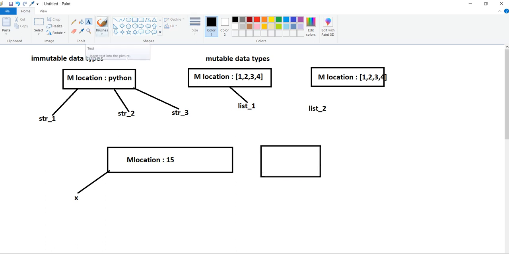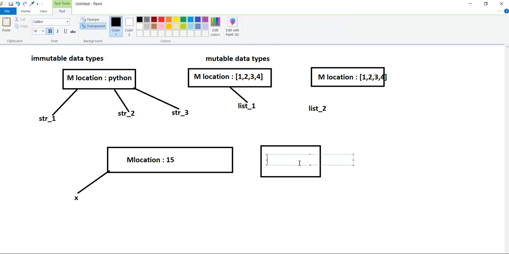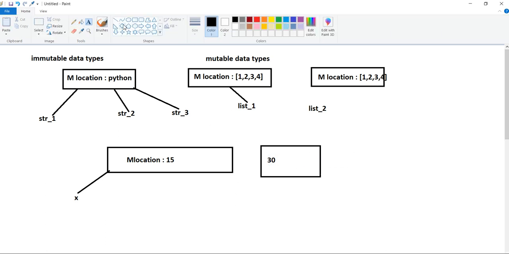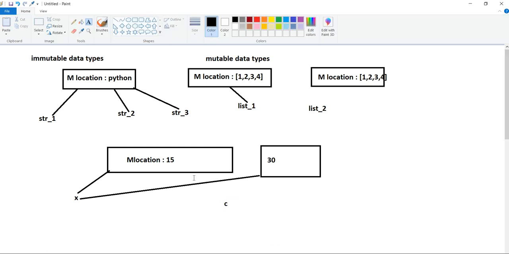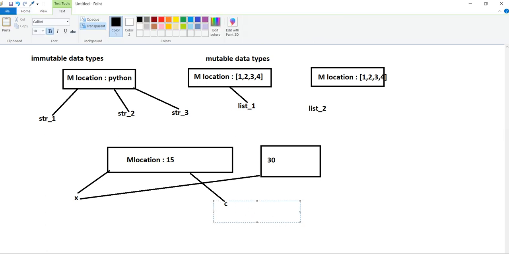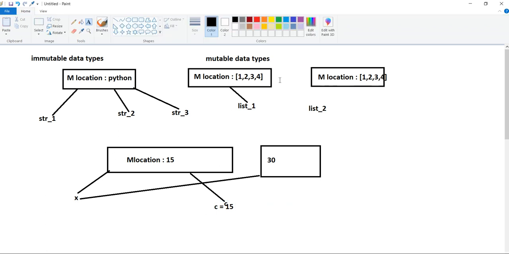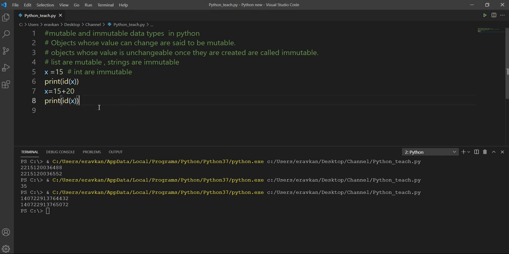At the backend, a new memory location gets the updated value 30, and now my modified x points to this location. But if I create some variable c having value 15, then a new memory location will not be created. This c will point to this 15. So this is the logic of how things happen at the backend in case of mutable and immutable data types.